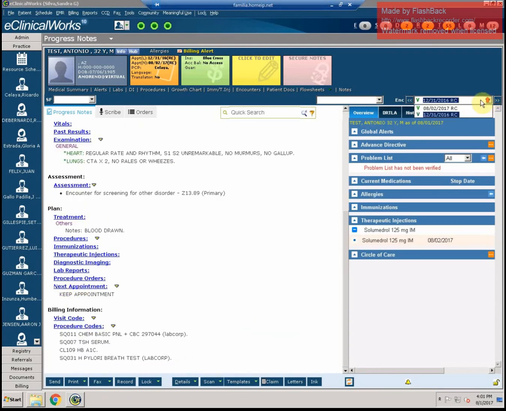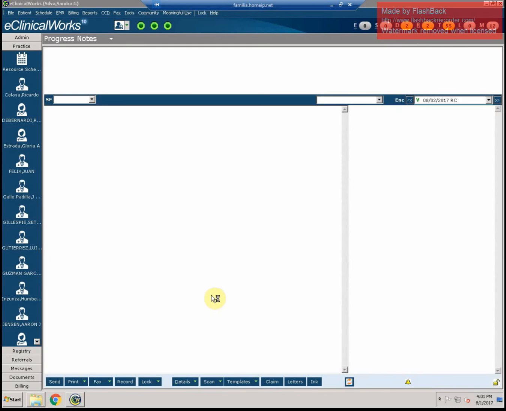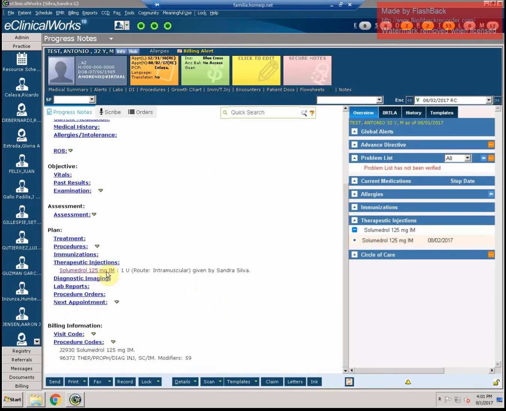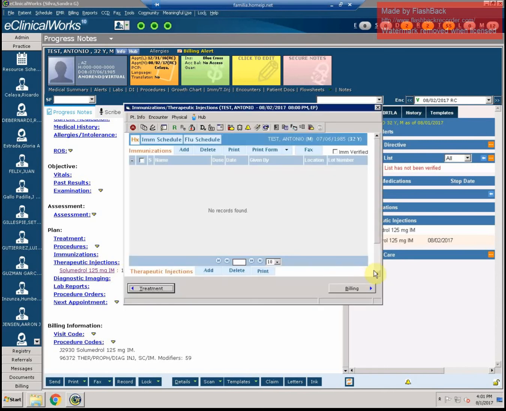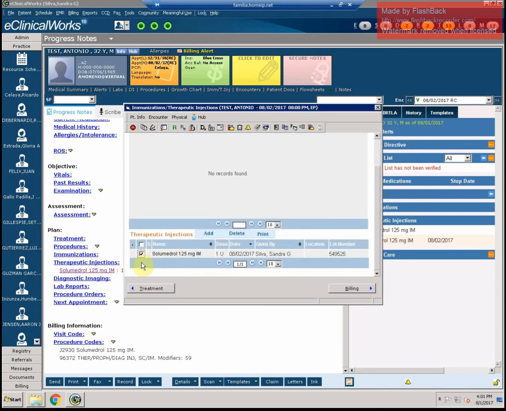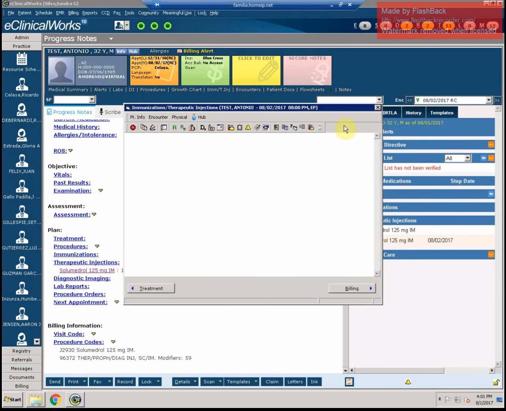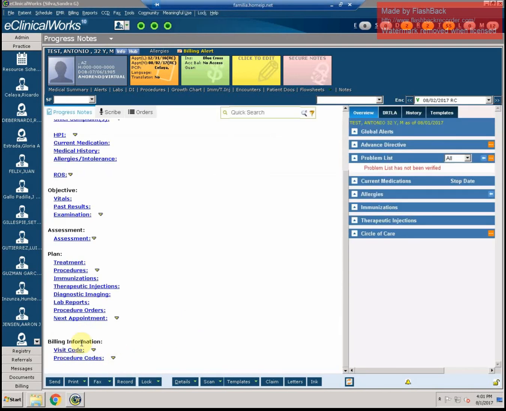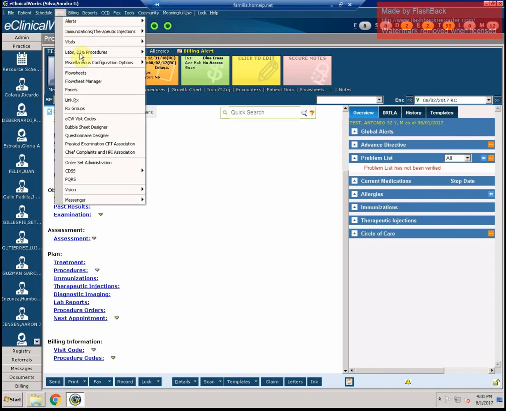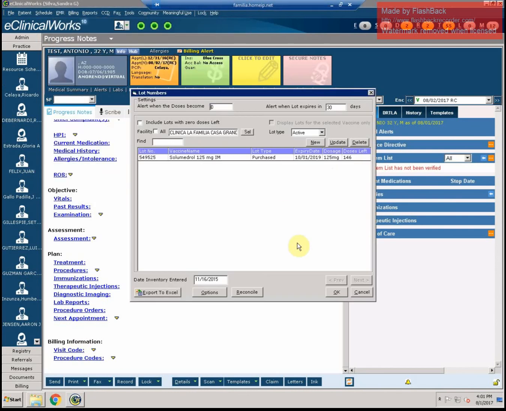Okay, so we're going to go to the note. All we need to do is click on it. Click on therapeutic injections, check it, and put delete, okay? As soon as you do that, make sure the codes are deleted automatically, okay? And if you go back to your vaccine lot numbers, you're back to 146. So the system, as soon as you delete that injection, takes that injection and puts it back into your inventory,